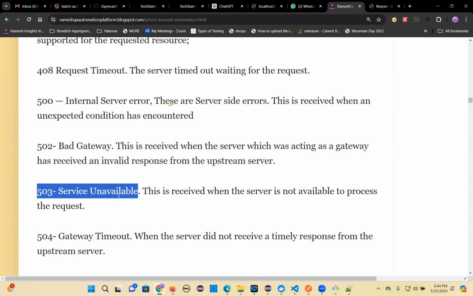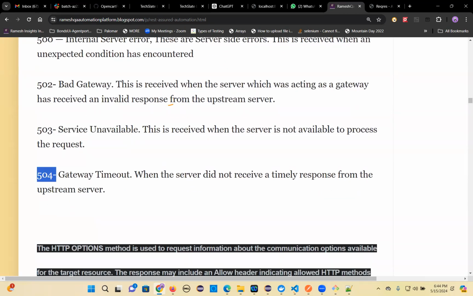503 Service Unavailable. You might have seen this many times, right? If you go to ATMs and see service unavailable, that means it was down. The service is down. That time you will get a 503 Service Unavailable. 504 Gateway Timeout. When the server didn't receive a timely response from the upstream server, you will get a 504